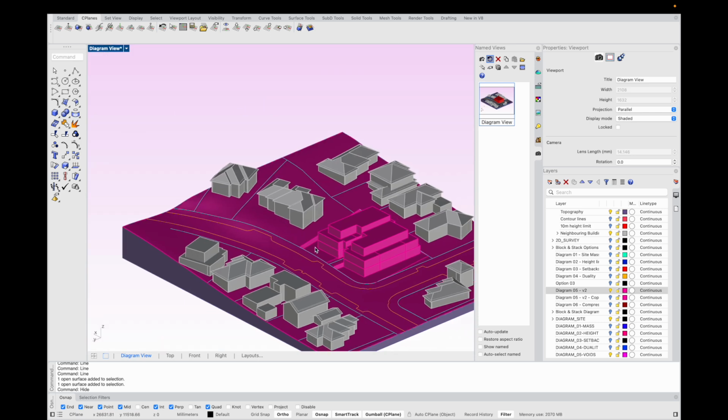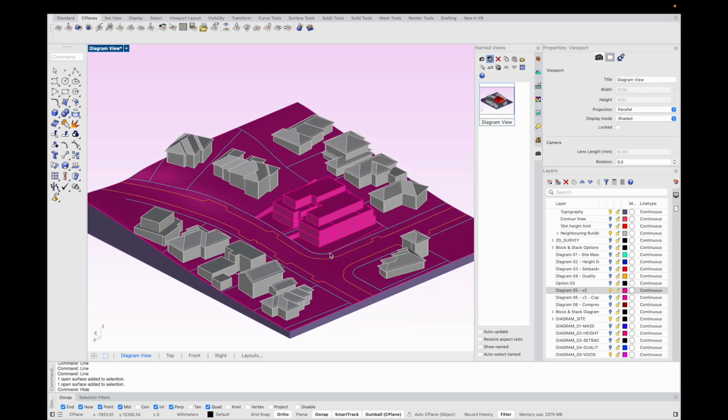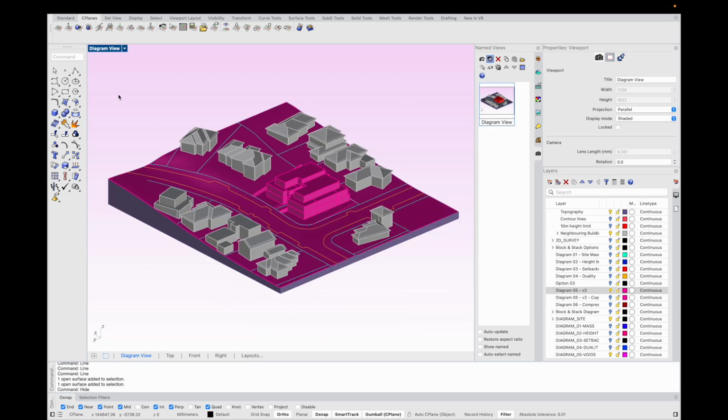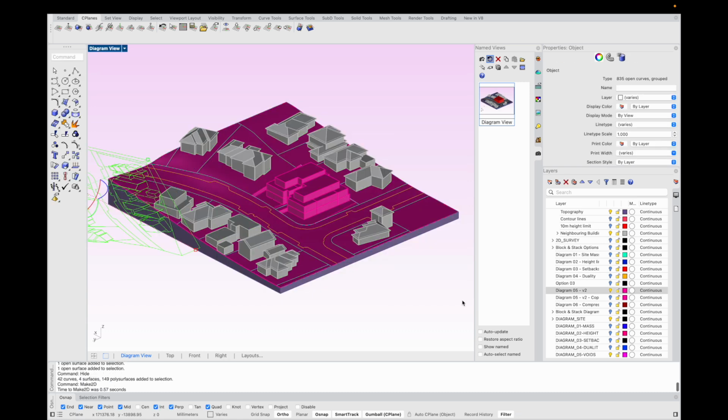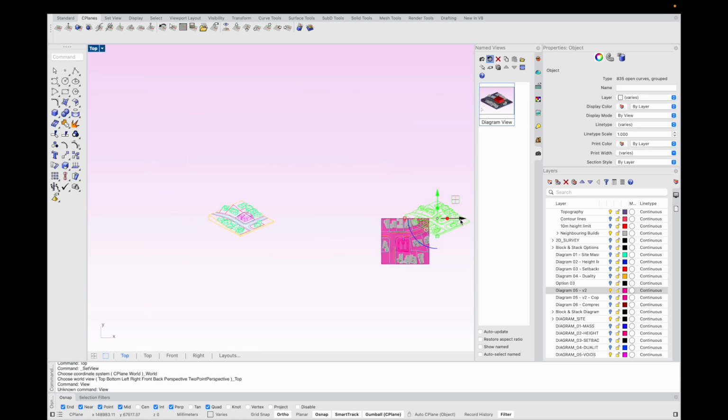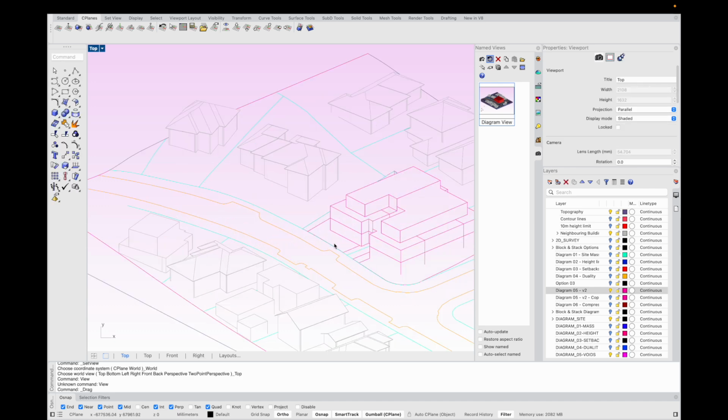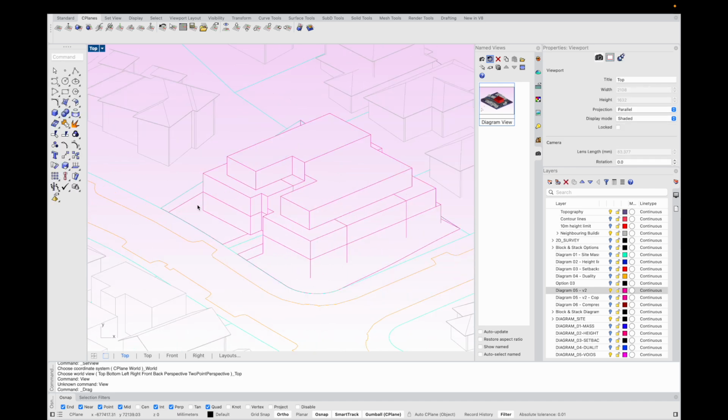So I actually need to bring those lines across with me as well. So I double click on diagram form, select everything and go make 2D. Back to my top view. Drag this over here. Now there's a bit more work that's required here because you can see the site is